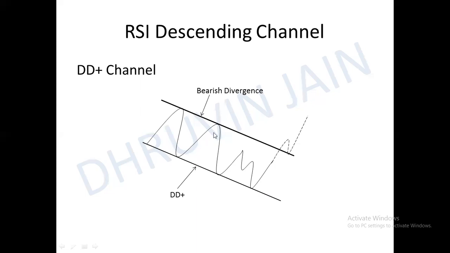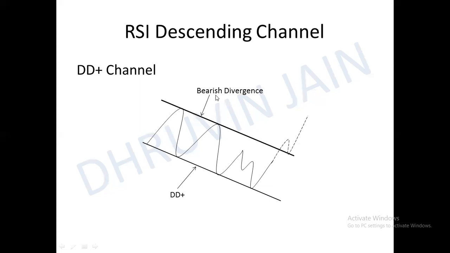This is the RSI line. This fast moving line is the RSI line. These curvy lines are the RSI lines. Don't mind my drawing, guys. This is just theory based. In actuality, the RSI won't be symmetrical as shown here. This is just for theory's sake. Okay, guys, so how would the descending channel shape up?